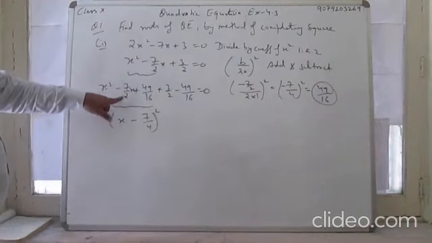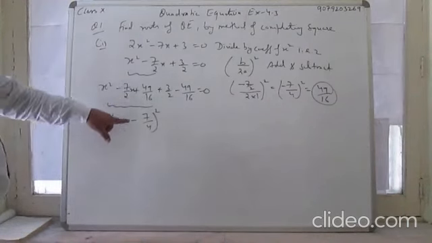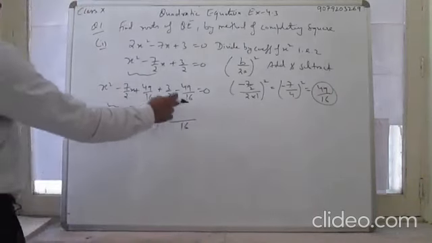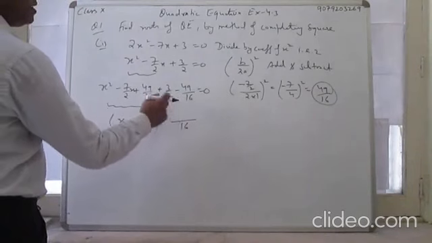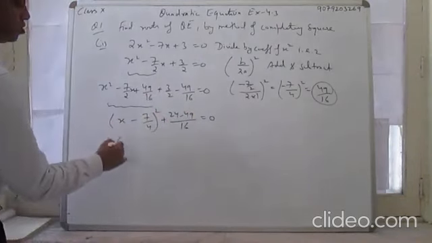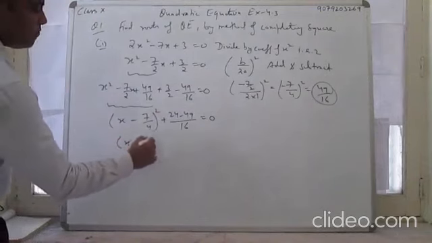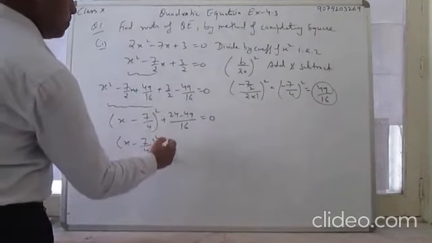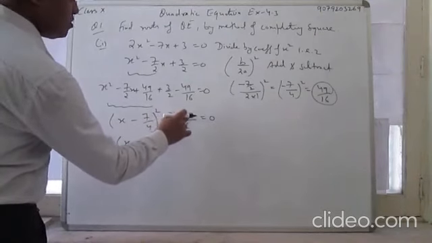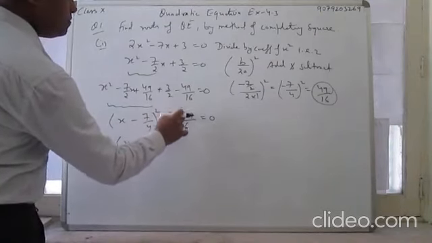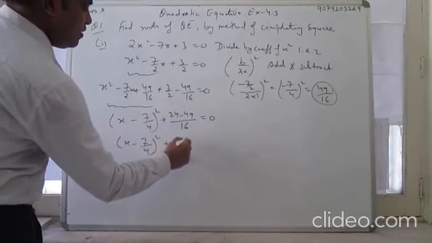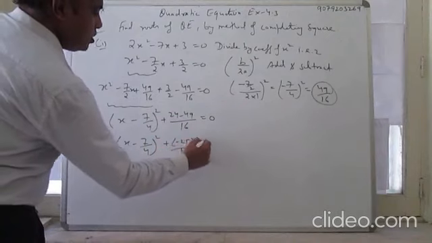2x करेंगे, 2a भी करेंगे तो क्या आ जाएगा? minus 7 upon 2 x. Now take LCM. 16 is LCM. It becomes 2 8 3 24 minus 49 is equal to 0. So x minus 7 upon 4 whole square plus it becomes 49 में से ये गया तो कितना बचा? 5 and 2 25 minus 25 upon 16 is equal to 0.